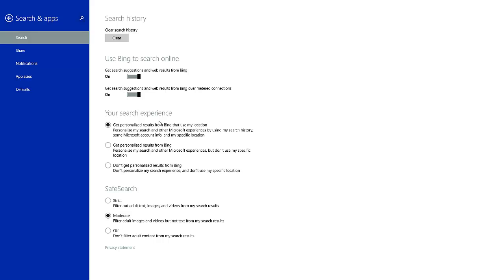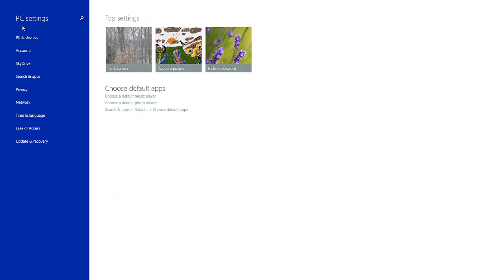Your experience, basically it allows you to either personalize from your location using Bing or just personalize without your location, but just based on your other Microsoft stuff on your Microsoft account, or don't get personalized at all. Basically they won't look into your account to see the type of stuff they could recommend to you. And then you have your safe search filter. Everything here is default when you install the preview version, so this is what you should expect your settings to be. And then when we go back to the general PC settings,